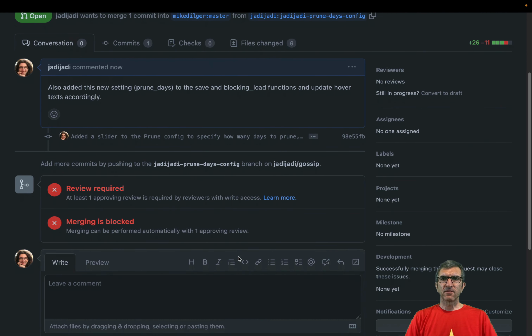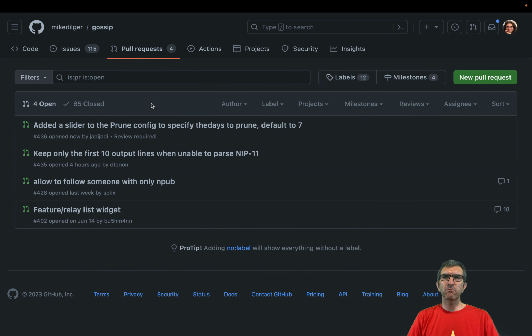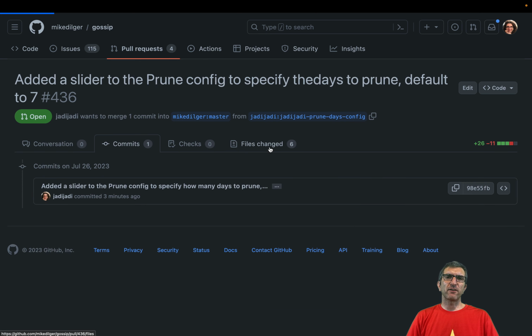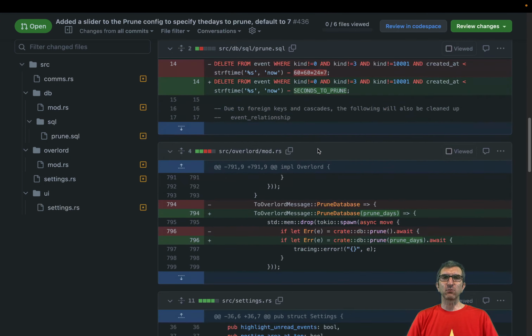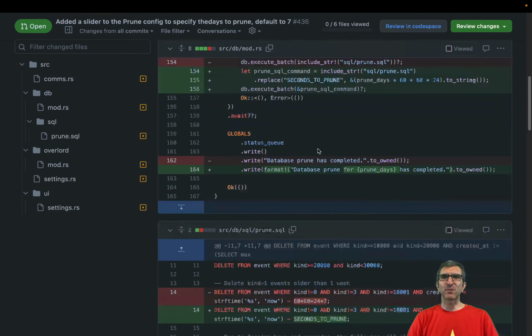So it's okay, this cannot be merged. Someone should review this in the main project. Super cool and logical. So if I go to Mike Dilger, gossip, check the pull request, my pull request is here. Pull request blah blah by Jadi. It needs a reviewer, and if he or she goes there, they will see that there is 1 commit and file changes are 6. Hopefully this is considered a clean one. Only does one thing and has enough description.